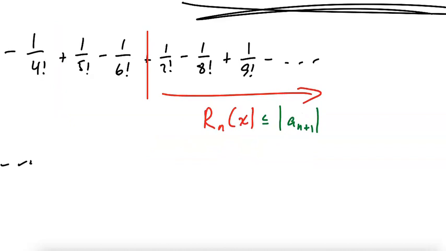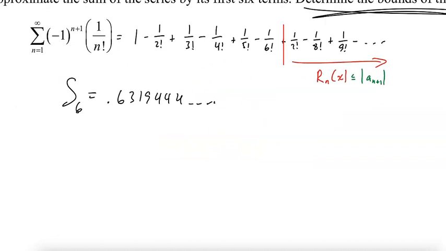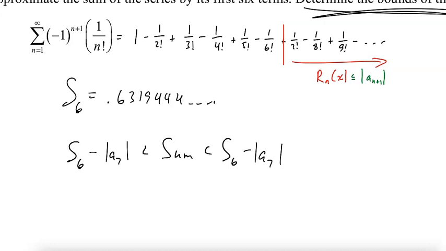But I know the actual sum is bigger than s sub 6 minus a sub 7, and it is somewhere less than s sub 6 plus a sub 7. So if I find what a sub 7 is, so 1 over 7 factorial,